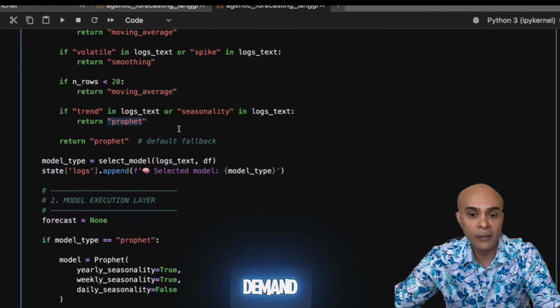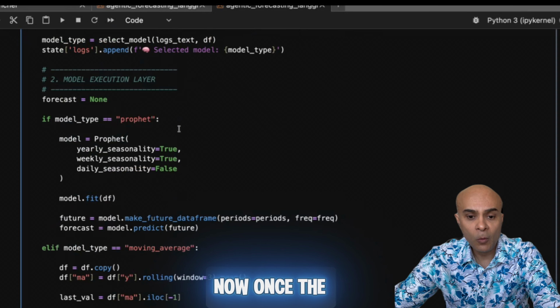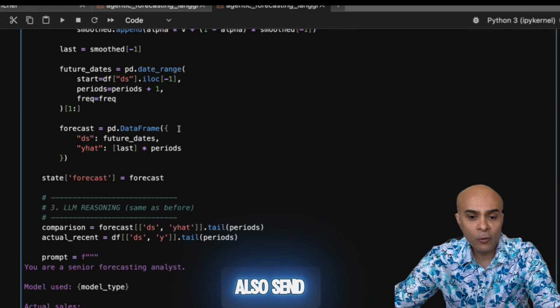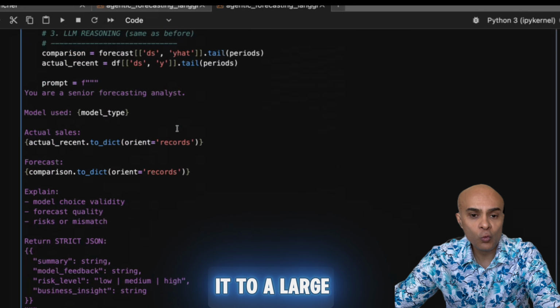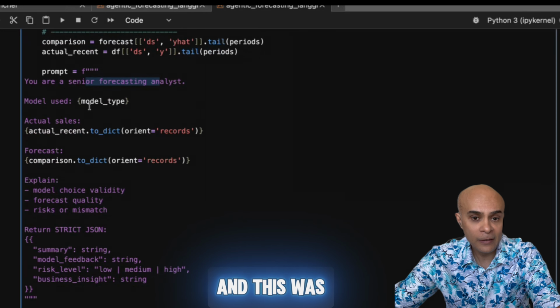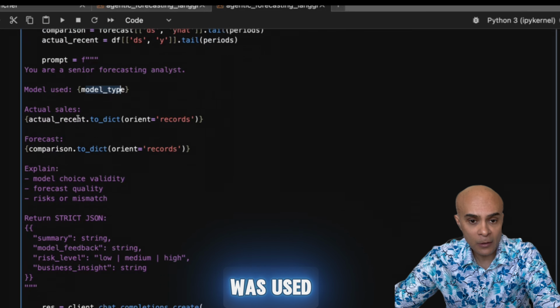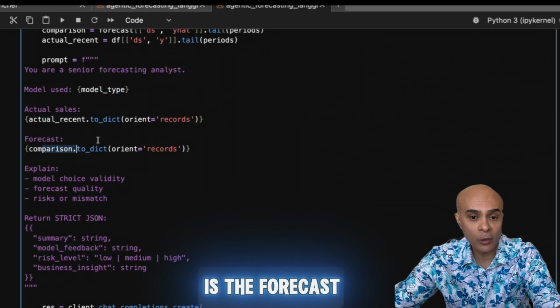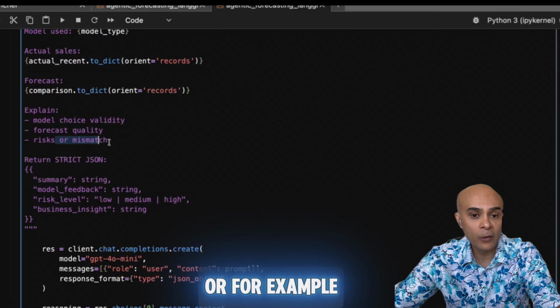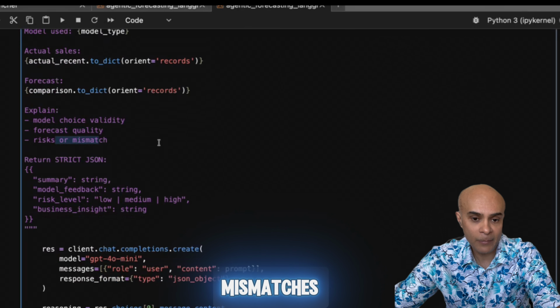Now, once the forecast has been made, you can then also send it to a large language model. You can say that you are a senior forecasting analyst, and this was the type of model which was used. This is the actual sales, this is the forecast sales. Compare both of them and then come out with the quality of the forecast, or for example, come out with the risk or mismatches.